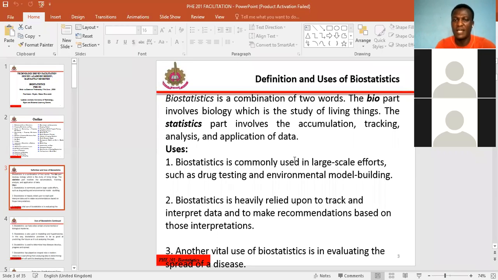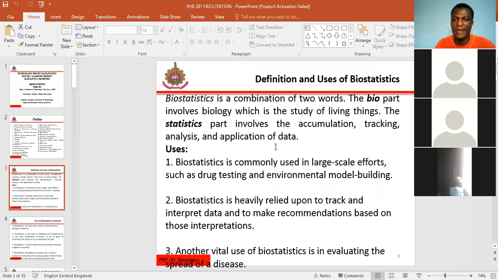And don't forget that biology itself, as we were taught in our junior classes, is a study of living things, how they relate, how they go by their own way of living in terms of their respective characteristics, such as the ecosystem, such as the respiratory system, such as the reproductive system,